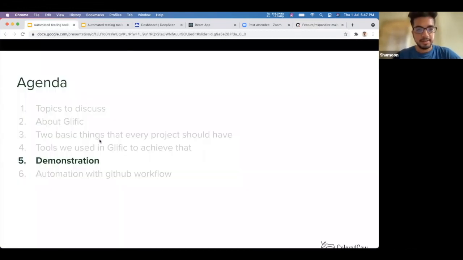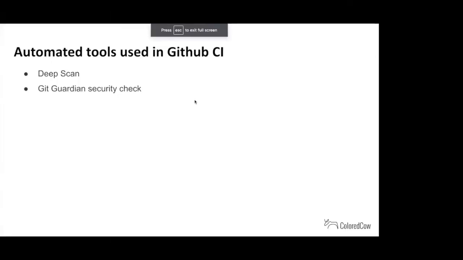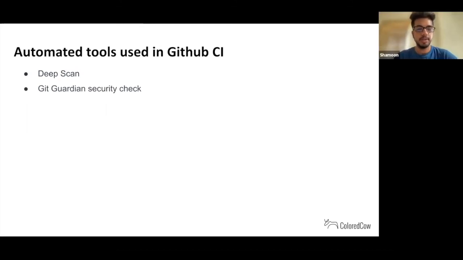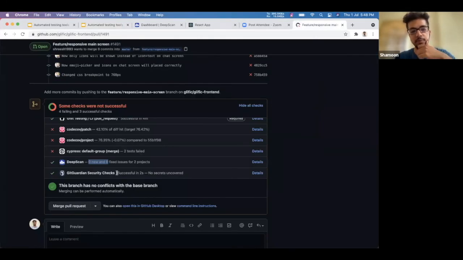So yeah, that is the automatic tools. And yeah, can you explain Git Guardian? I mean, how will it save us from putting the credentials on production? So whenever in a branch you put in your credentials and you push it to GitHub, it says this Git Guardian security check has failed, and you should remove this, or forcefully push this branch or delete this branch, or make a commit removing something. So ideally, we don't check it in ourselves, but it will show across here that you have breached some security.